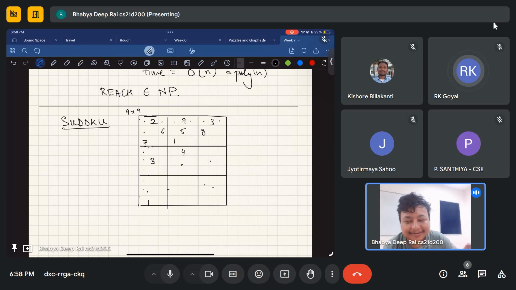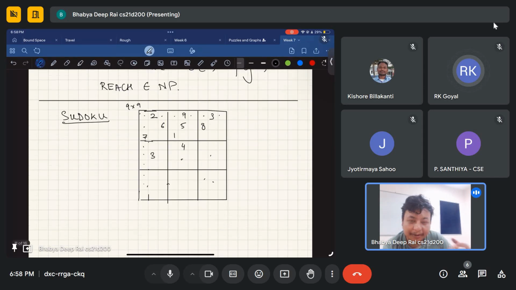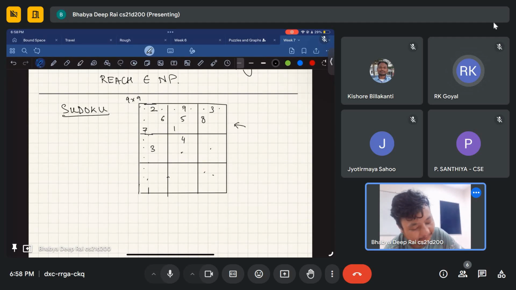So the puzzle is solved when you fill in the gaps with numbers,